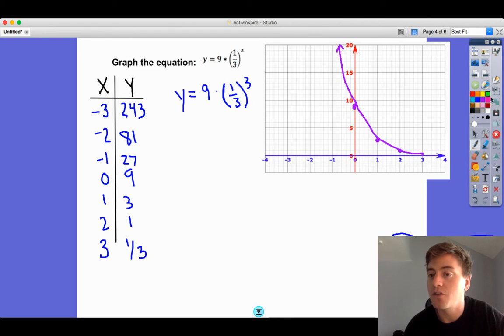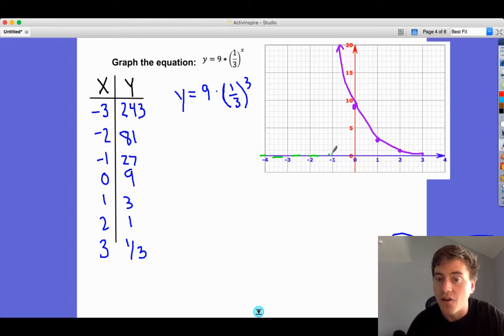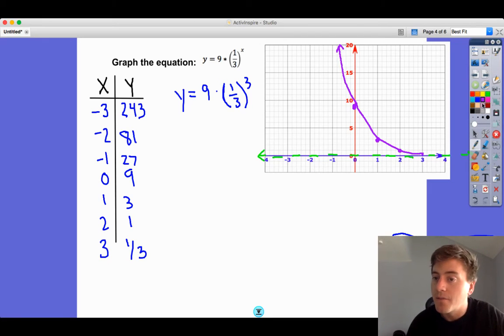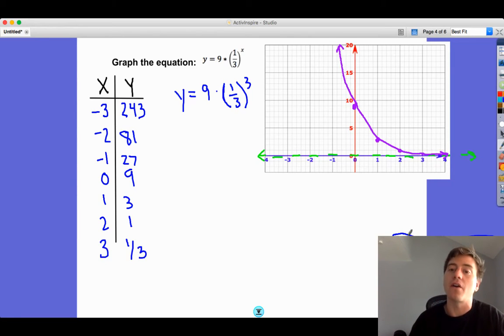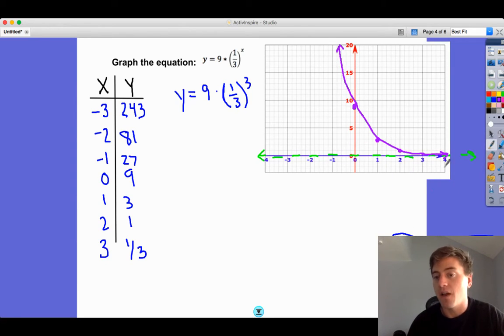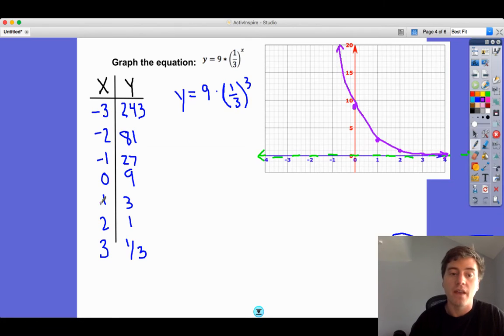So what are we going to do? We're going to do a dotted line across 0 to show that that's an asymptote, to say it's going to approach this forever. It's never going to reach it, but that's just where it's headed. So we're going to continue that line along that dotted line and put a little arrow and say that's our asymptote. So what you've got to do from -3 to 3, get some values out,